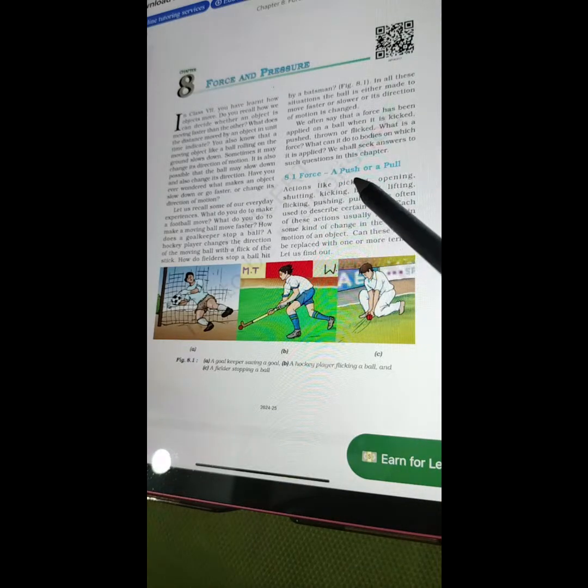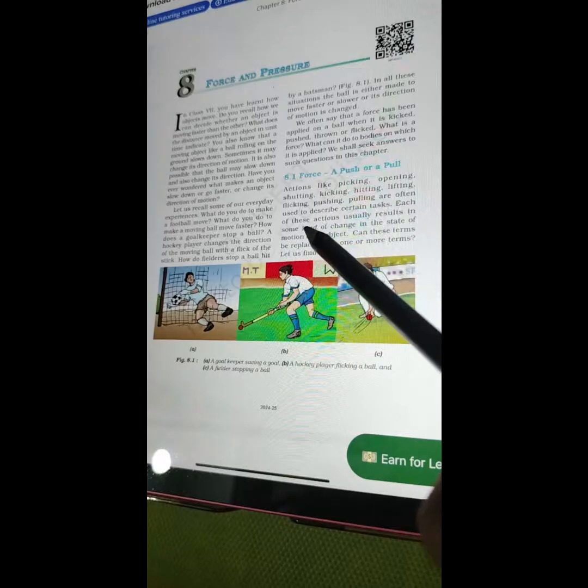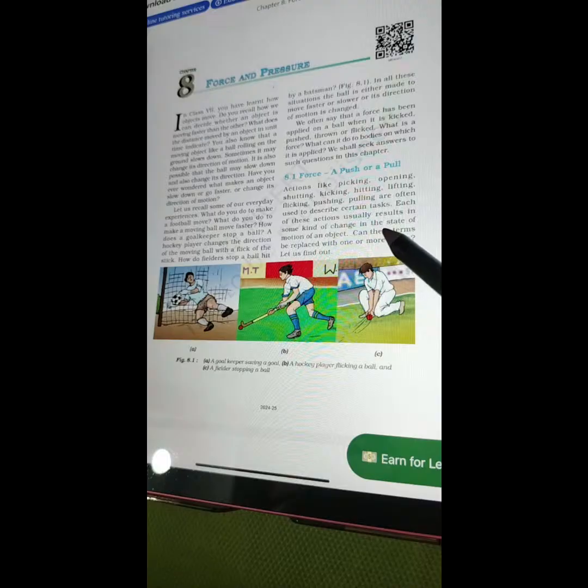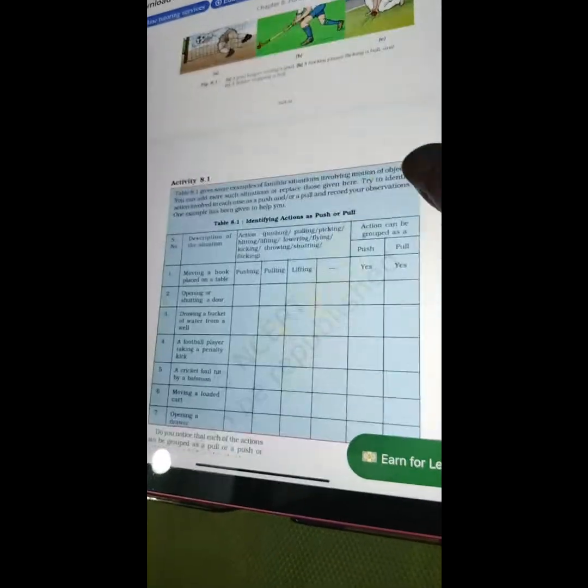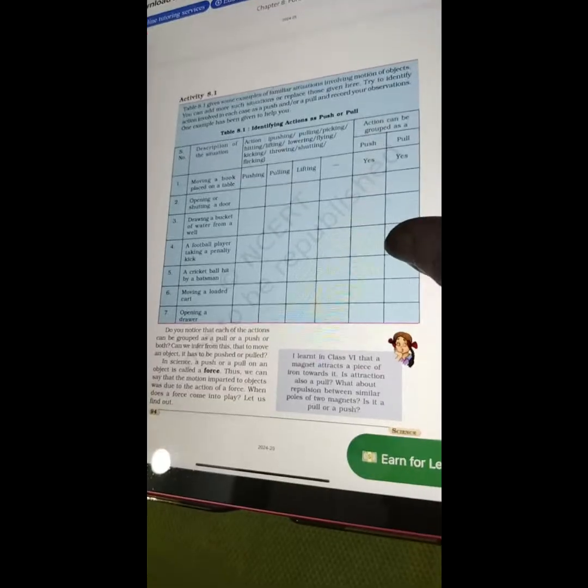8.1 Force, a push or a pull. Actions like picking, opening, shutting, kicking, hitting, lifting, flicking, pushing, pulling are often used to describe certain tasks. Each of these actions usually results in some kind of change in the state of motion of an object. Can these terms be replaced with one or more terms? Let us find out. So, this is the activity